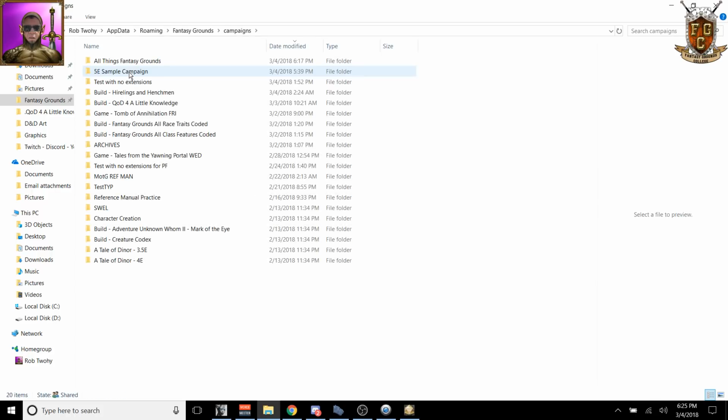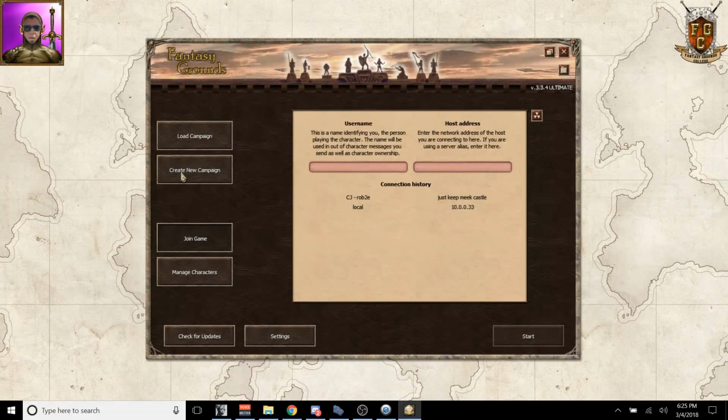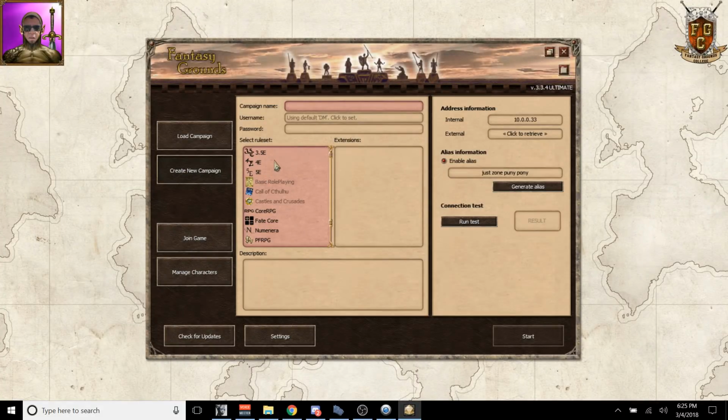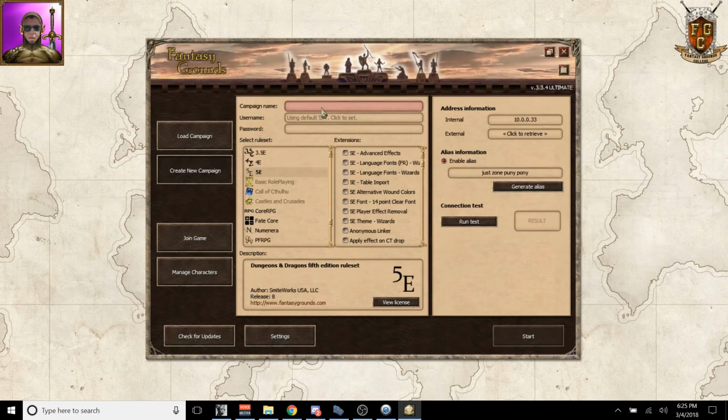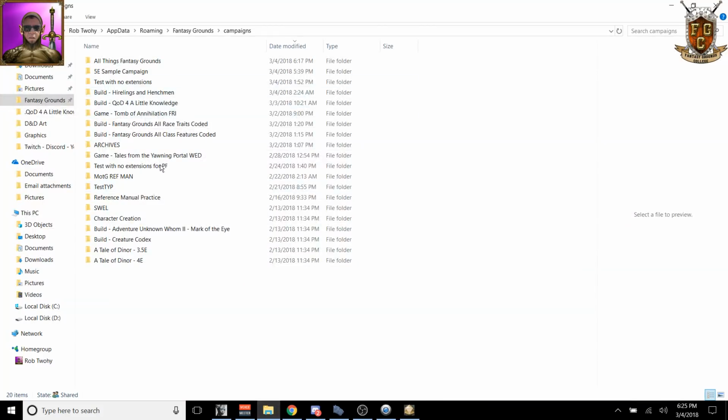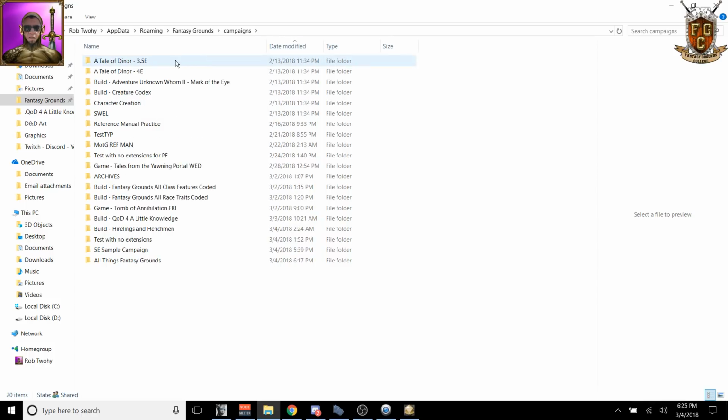And this is pretty obvious. This is anything that you have started by going here and putting create new campaign, choosing your rule set, and putting a title here. Whatever you put there is what's going to show up here. So the exception to that is Fantasy Grounds has a few of them that are hardwired in. So you'll always have a Tale of Daenor for 3.5 and 4. You'll always have